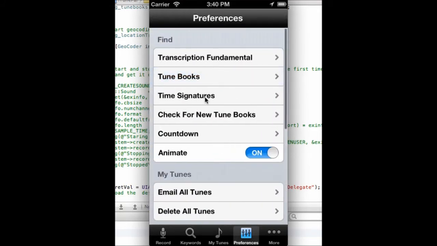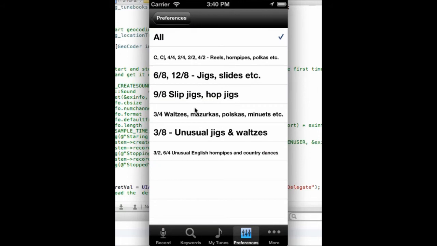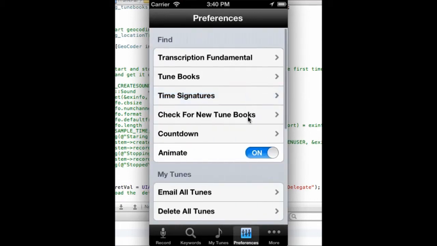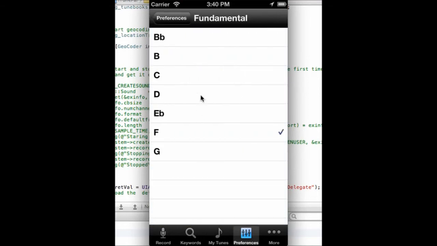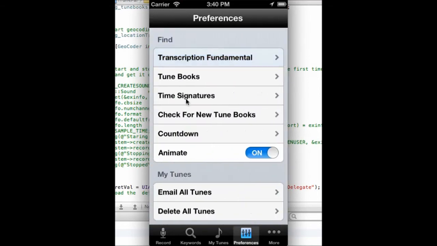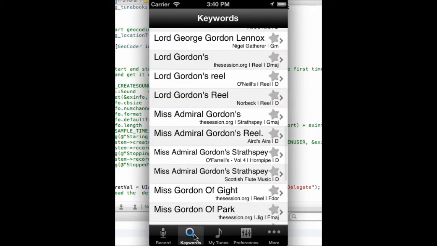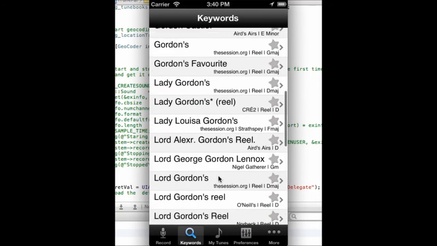You can also limit your search to certain key signatures as well, a certain time signature. So for example, if you just want to search reels, you just go into preferences and do a search for reels, and that's going to also limit by tune book. And then our transcription fundamental is set back to be D, so I can play on a D instrument. But now when I do a keyword search,